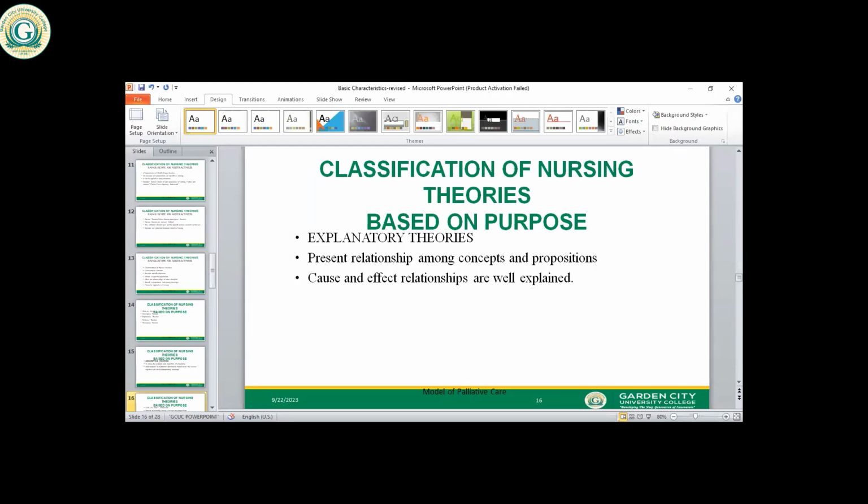If you have any theory that describes how the cause of something can bring about its effect, then you should know that you are dealing with an explanatory theory. But if the theory just describes the situation, then that is a descriptive theory. Please, do we get the difference between the two? Descriptive theories just describe the situation, and then explanatory theories move a step forward to explain how the cause of that particular thing can bring about its effects.